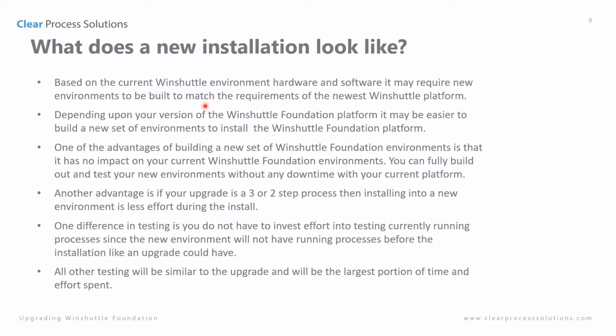We would have to change environments and create new environments for that, or upgrade the environment itself, which a lot of times can't be done. Usually, it's much easier to build a new server than to somehow attempt to upgrade a Windows operating system there. And depending upon your version of the platform, it may be easier just to start off with new environments. As I said, we've done quite a few of these, and we've done quite a few of the new